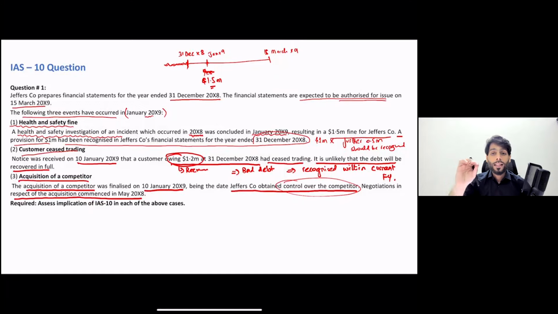The agreement has only been finalized on 10th of January of the subsequent year. So no conditions of these, being fulfilled, were present by the end of the reporting period. So this should be termed as a non-adjusting event. However, since this is a material event, a proper disclosure regarding the nature of the event and the financial aspect, if it's possible, should be given within the disclosures. However, according to me, this is a non-adjusting event by far.